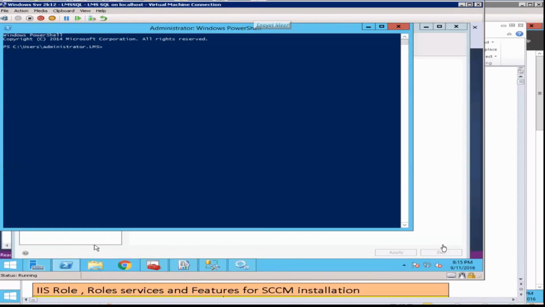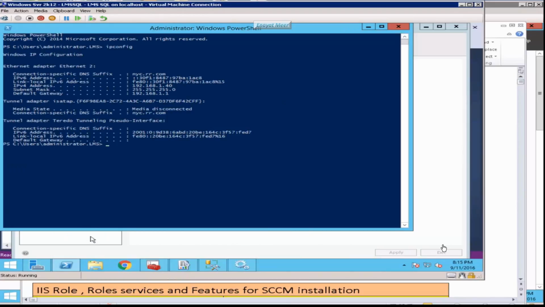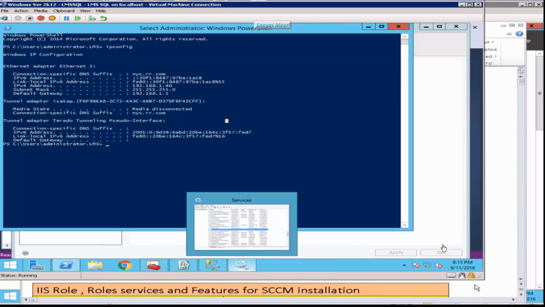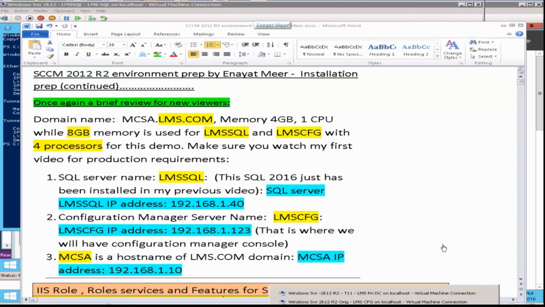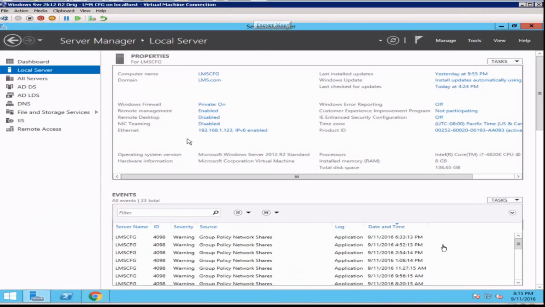Currently I'm not going to connect to my reporting server from configuration manager. This is the IP address of my SQL server host computer, and for the second one, again we are using the same 192.168.1.x network for all 3 servers.